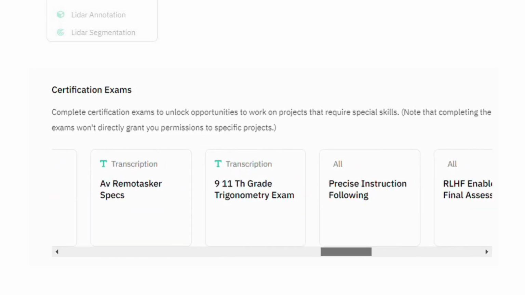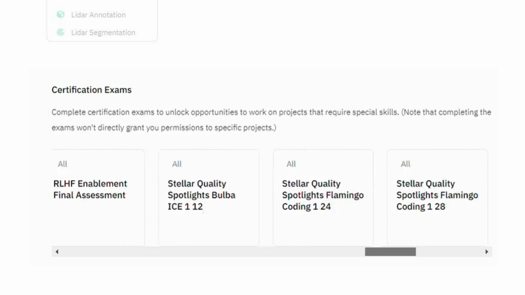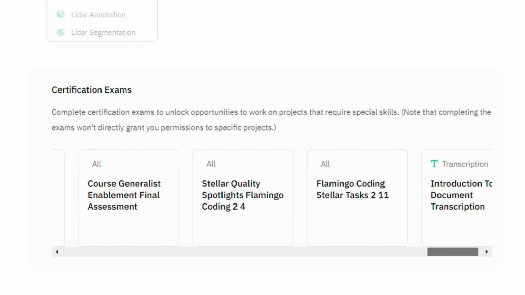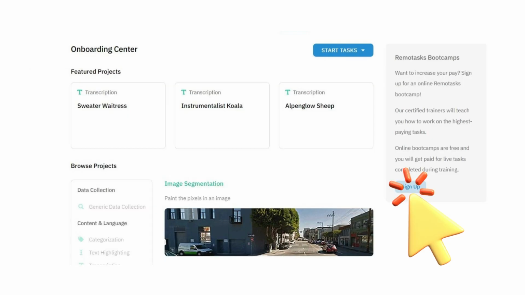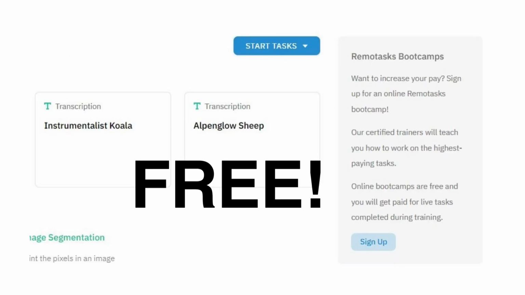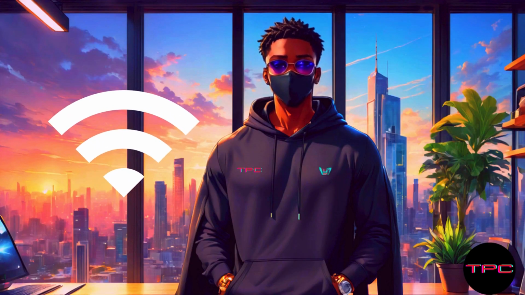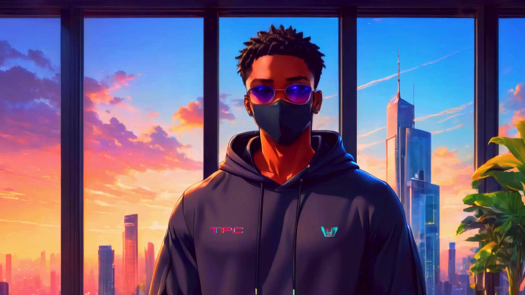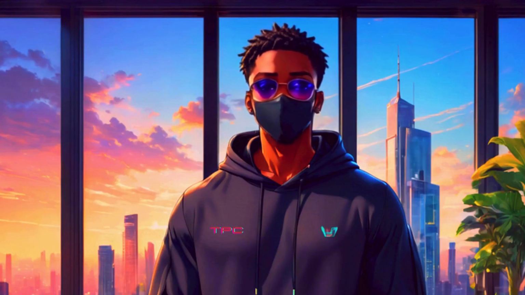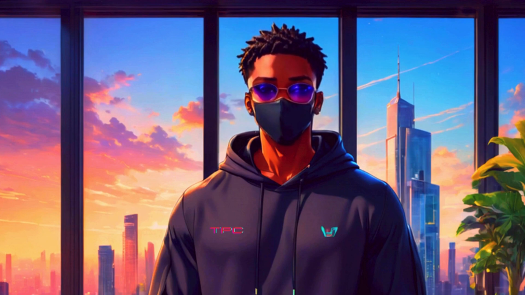And if you have a problem, maybe you see that understanding or going through the tasks will be hard, you could just sign up to the Remotasks bootcamp. Remotasks bootcamps are free and you're taught via Zoom, depending on your schedule and your availability. You also need to make sure that you have a strong internet connection and a laptop with you, because most of these tasks are better performed using a laptop or